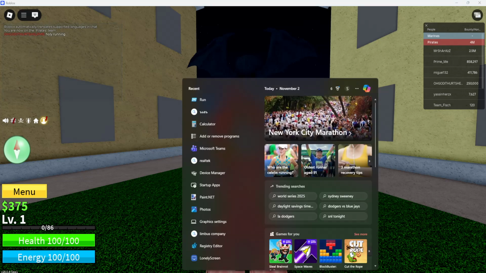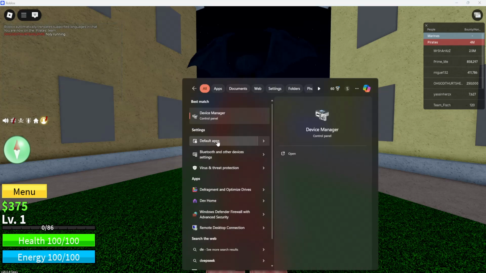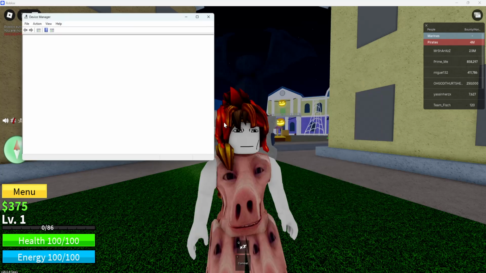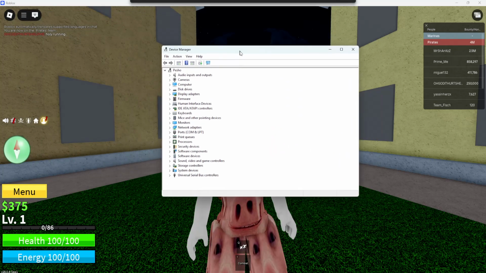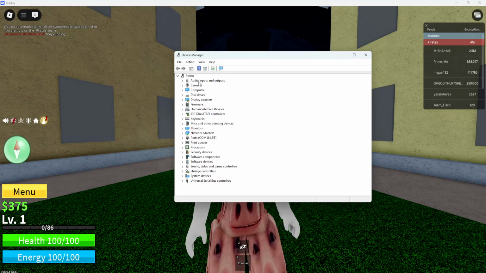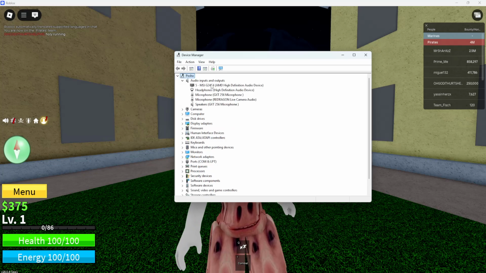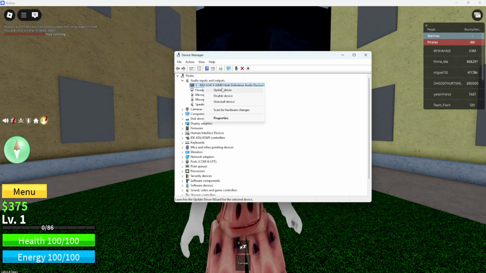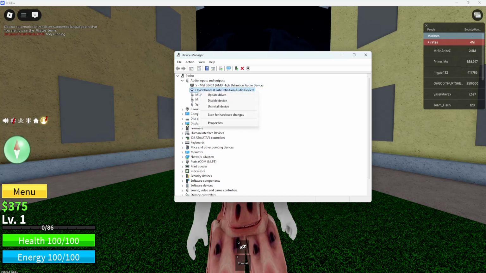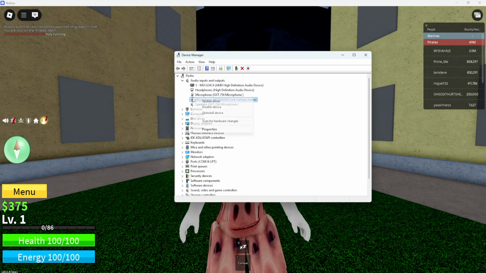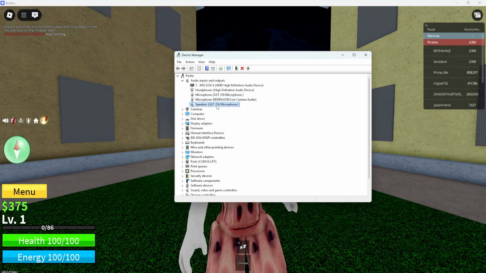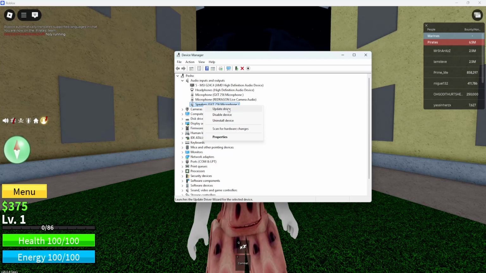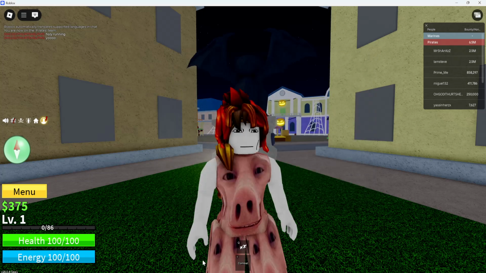the next step. Open up your computer search and search for device manager. Click on device manager and you wanna expand this audio inputs and outputs and click on every single one, right click, and you wanna update the driver if there is an available update for them. And make sure you focus on the speakers because that is the most important driver, and you wanna click on update driver. Once you have done this, if it still doesn't work, the last thing that I could suggest doing